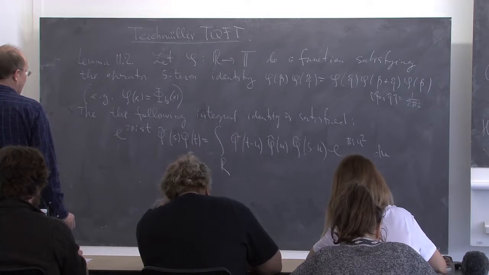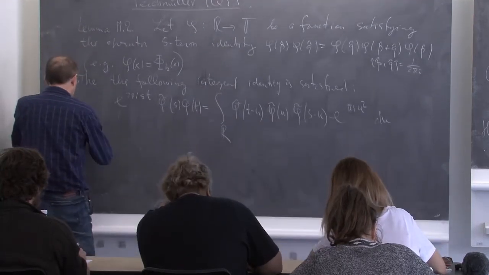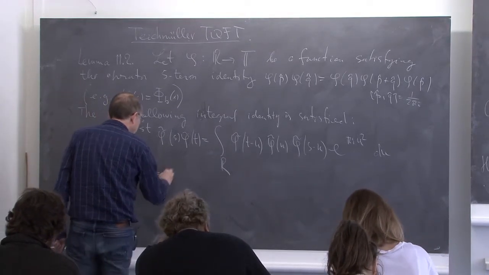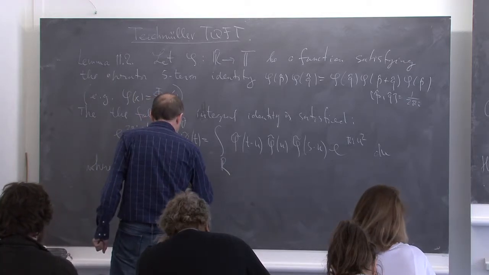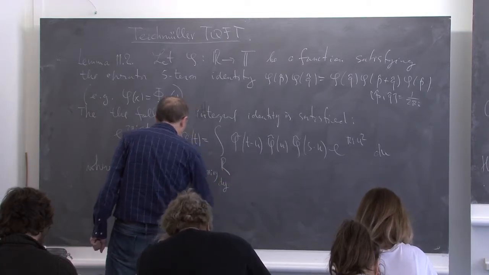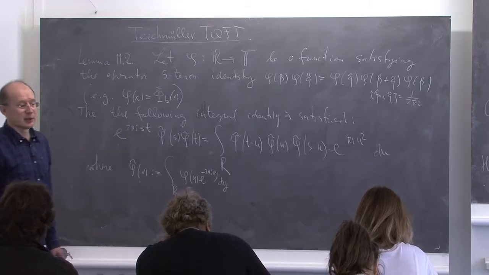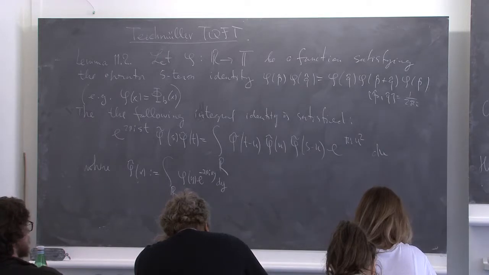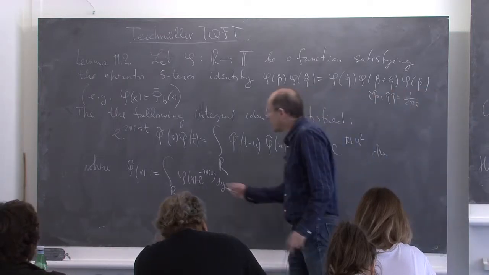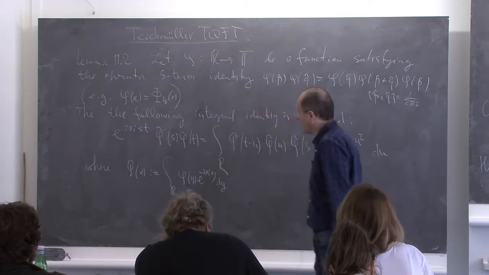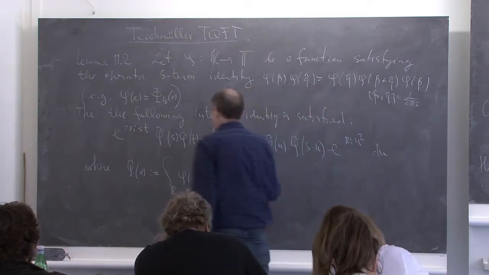Yes, and where phi tilde of x is by definition the Fourier transform of phi, the integral of phi of y e to the minus 2 pi i xy dy. And of course, by assumption, we are on the unit circle, so we're integrating an oscillating function. So the integral, of course, does not converge absolutely. So the integral should be thought of in the distributional sense, where